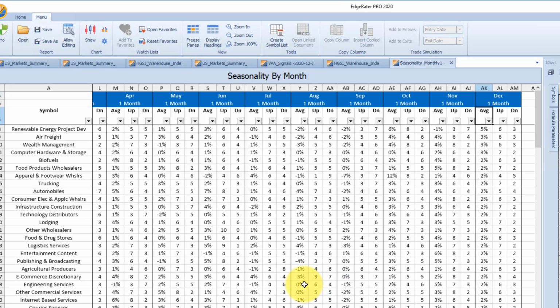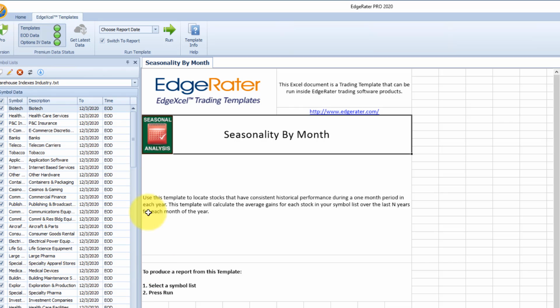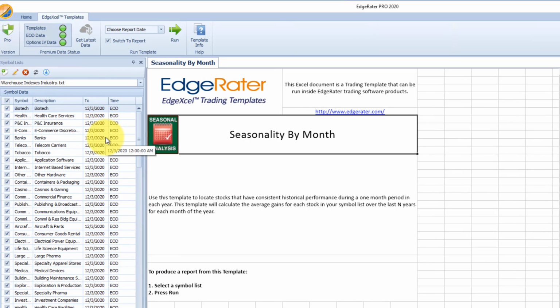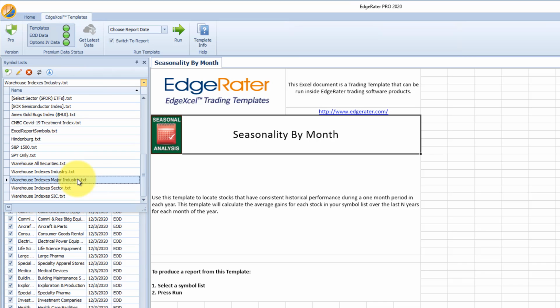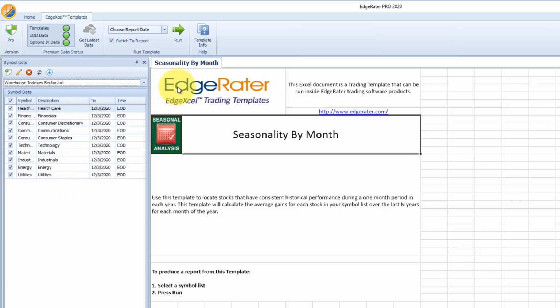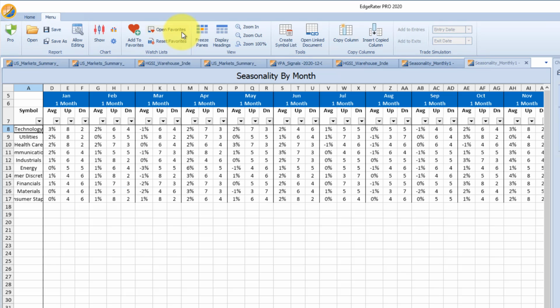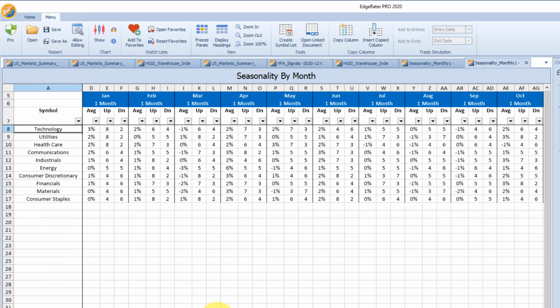seasonality of industry groups. And of course you can run the seasonality on any list that you have in EdgeRater, any list that you've exported from Hgsi, or any of the built-in lists. You can also choose to run this on your major industry groups or even on your sectors. I'll quickly run it on sectors, and you'll see each of these sectors listed over here and the seasonality for